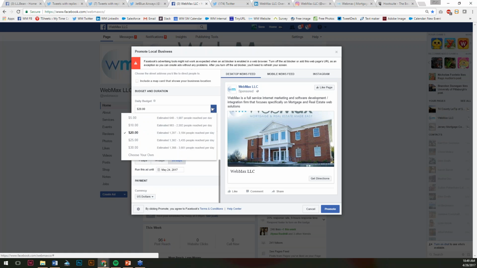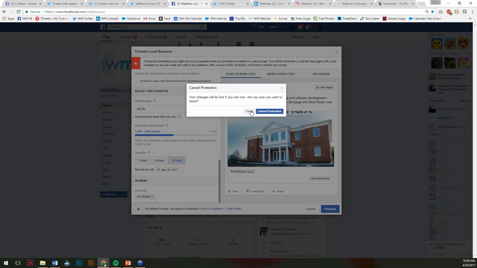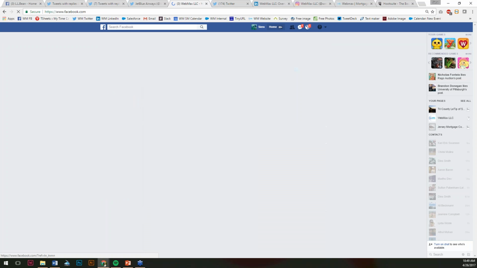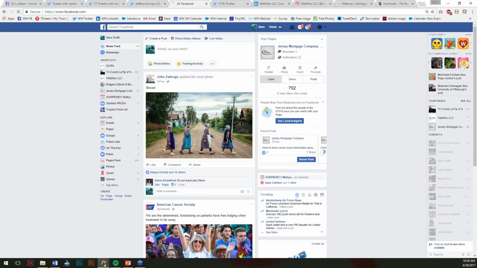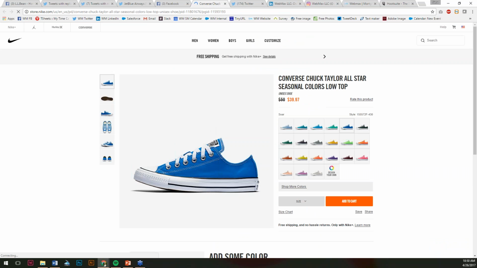And then just like I walked through, you break down your budget, the days, the amount of people, and when you want this ad to run till. Whatever design program you use, I would suggest not overloading the image. We just put a logo on it, but more importantly, have a very short message that can attract people, a quick call to action, and make the ad linkable so people can go to the location easily. If it's a realtor site, see how it's very short and links right out to what they're trying to sell.